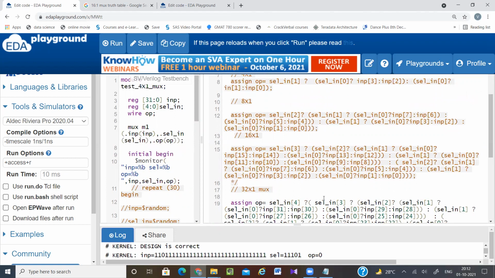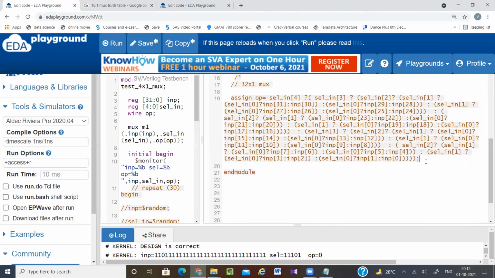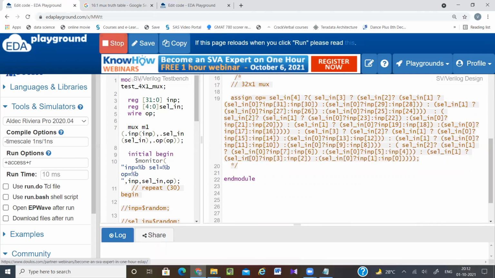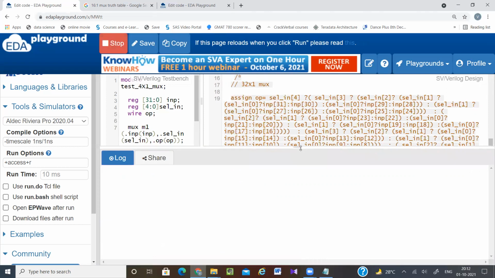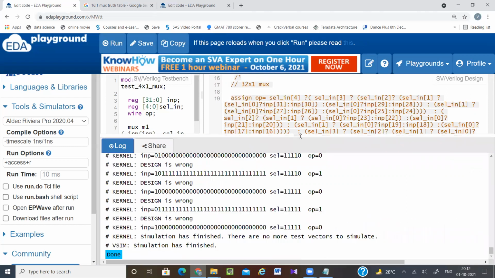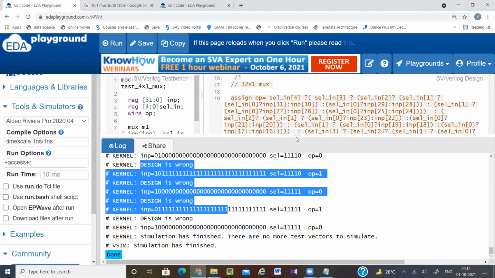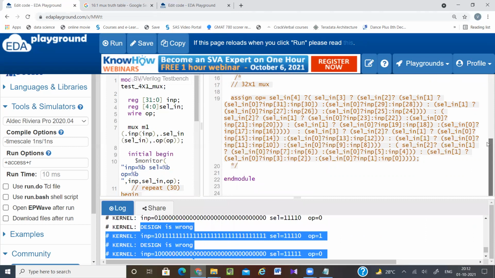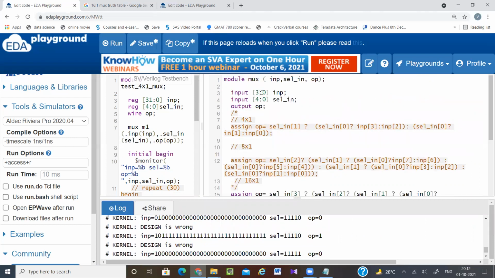I just want to check 16 cross 1 mux. Sorry, here design is wrong because I have not given the proper select line and input, because 16 cross 1 means it should become 15 and it should become 3.